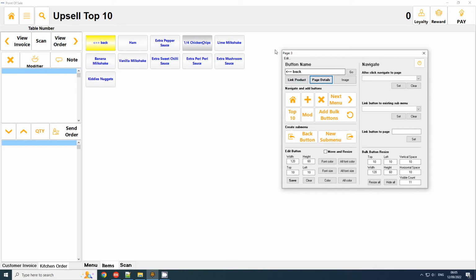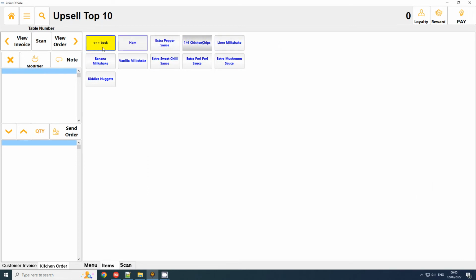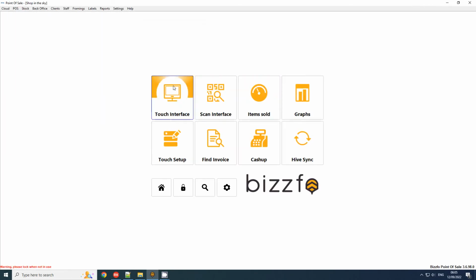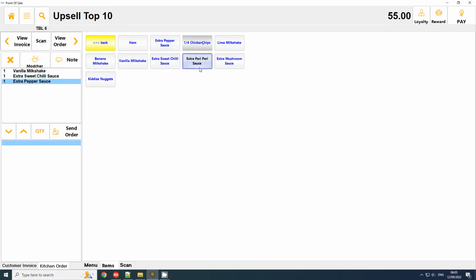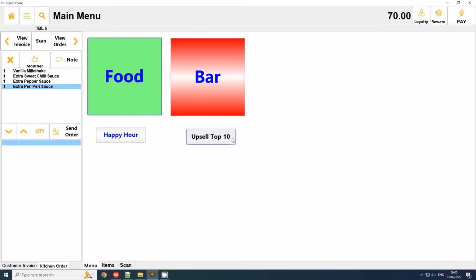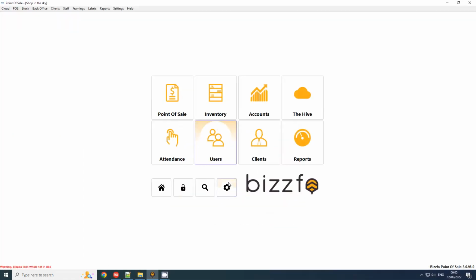The great thing about this is these buttons will refresh if I set them automatically, and I can also set them as my home page. If I look at my touch interface now, we can see that they're sitting there, and I can click on them and then I can sell my top 10 items. But let's say I want this to be my actual home page, so we want to start with our top 10. I'll go to home and I'll go to my settings,